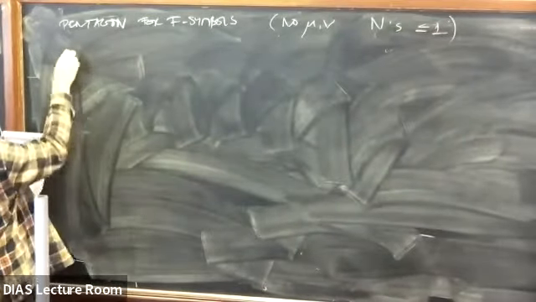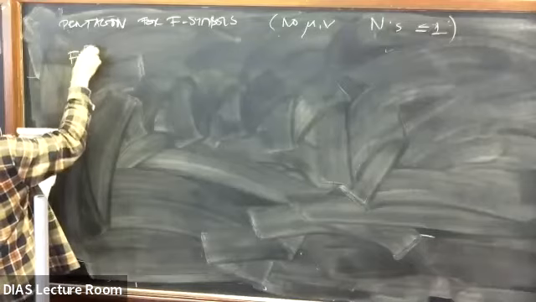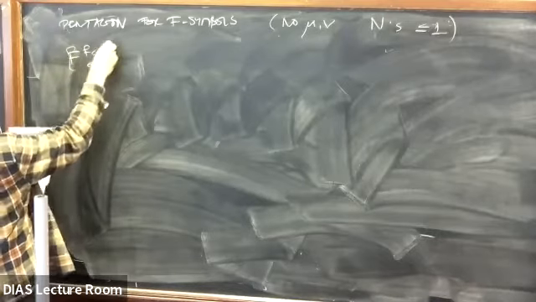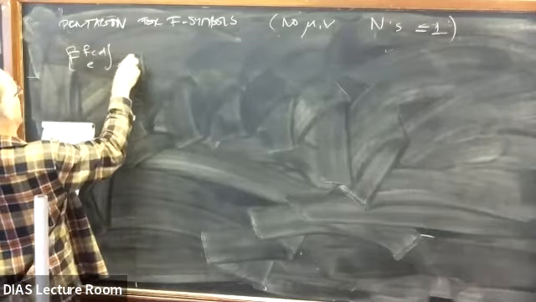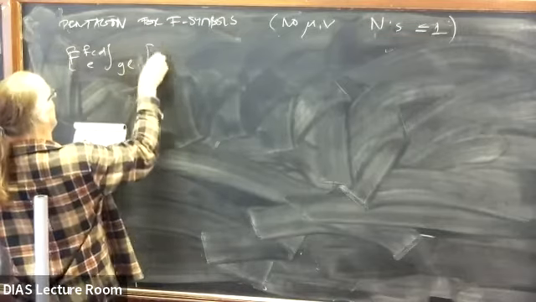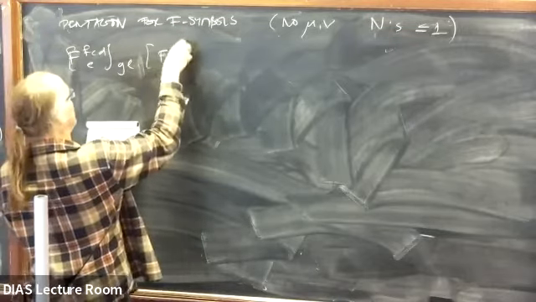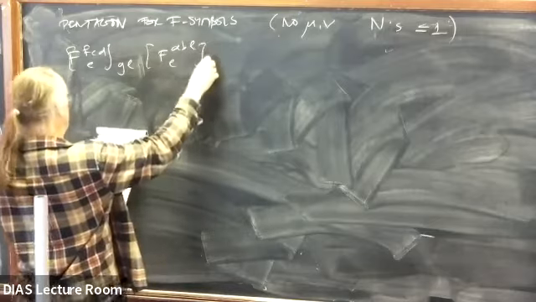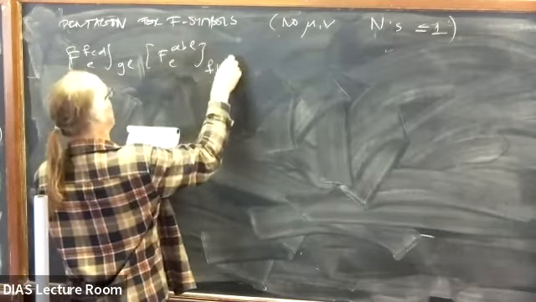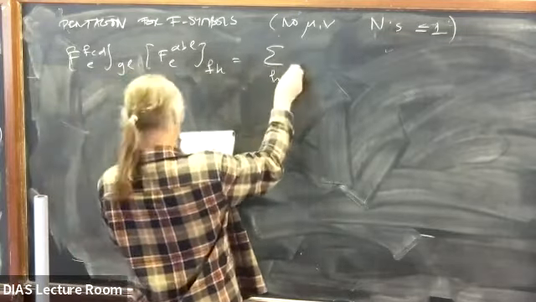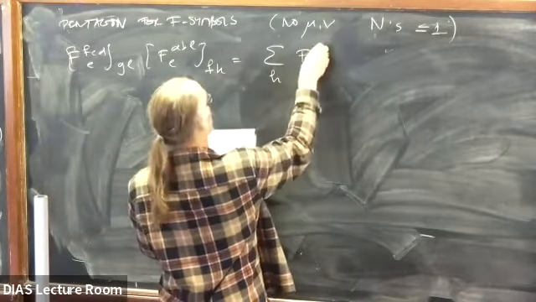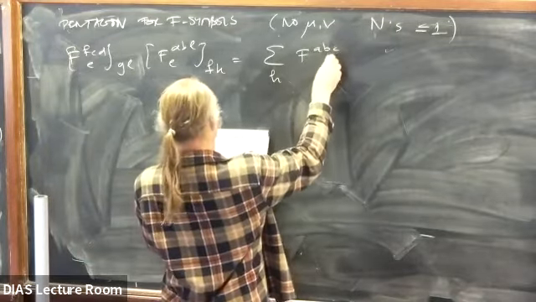Then it looks like F, C, D, E, and then we only have to worry about GL here, times F, A, B, L, E, F, K is equal to the sum over H of F, A, B, C,